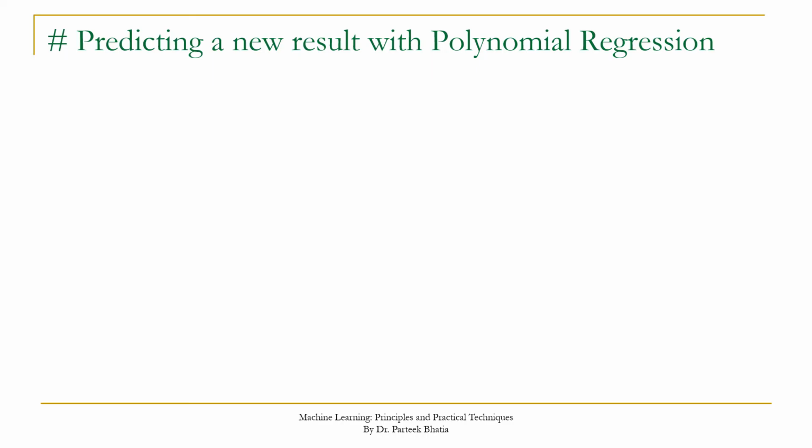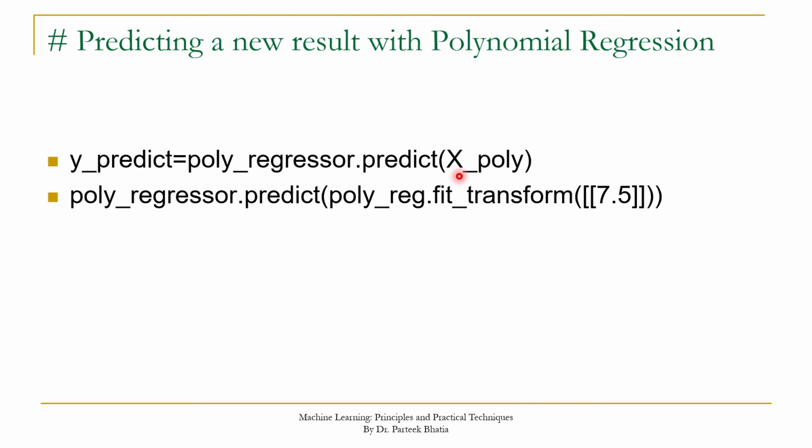In order to perform error analysis, let us first find out the predicted values for all independent variables which are given in X poly. To perform error analysis, let us find out the predicted values of salary for all the levels between 1 to 10. And here, by using this line of statement, we will be able to find out the predicted values of salary for all the levels. You can see that here we are passing X poly, and for all these values, the predicted salary will be stored in Y predict.